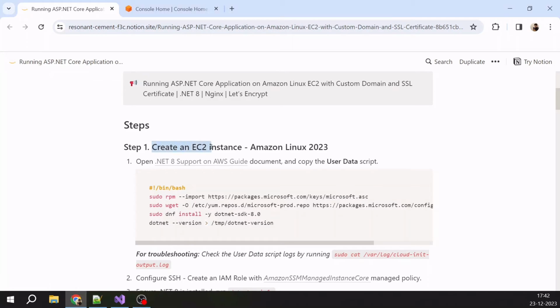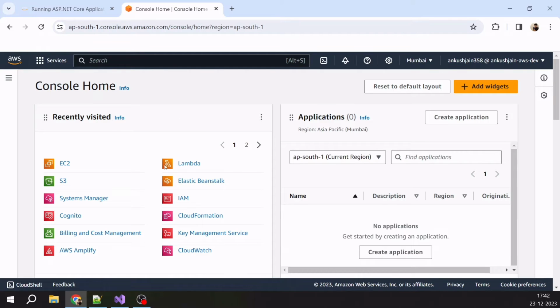So first we are going to create an EC2 instance, which is Amazon Linux 2023 instance. We are going to create and deploy a .NET 8 based ASP.NET Core API on this Linux instance. So in order to create an instance, just go to the AWS console and select EC2 instance,